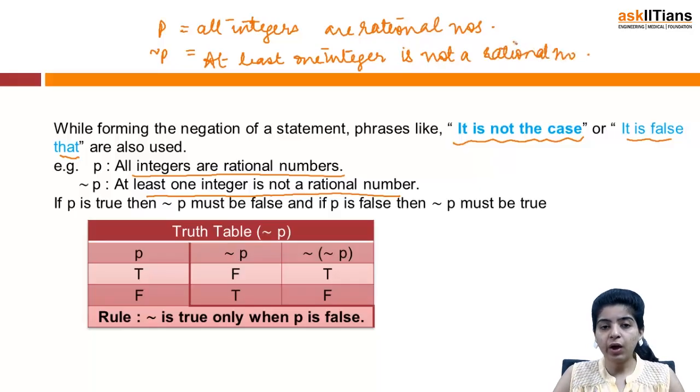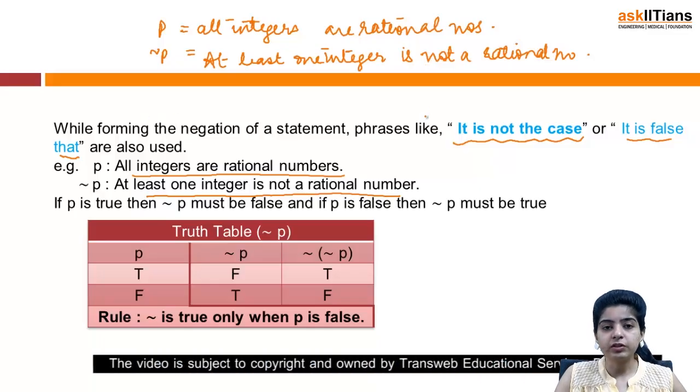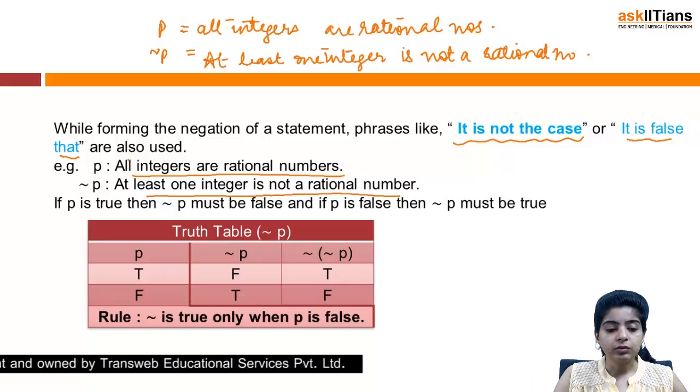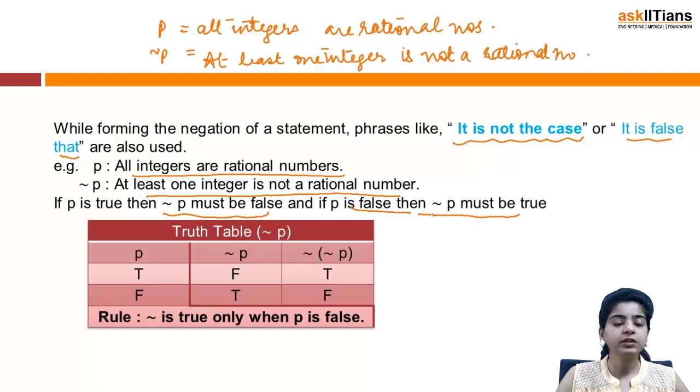So in negation you have to consider almost each and every term. It will be better if you negate the statements term by term. So it will be easier and you won't commit mistakes also in that case. If P is true, then negation P must be false obviously, and if P is false, then negation P must be true. That is quite obvious. Negation means just to contradict the statement. The truth table will be: we have true, false, and negation P is for true it will be false, for false it's true.